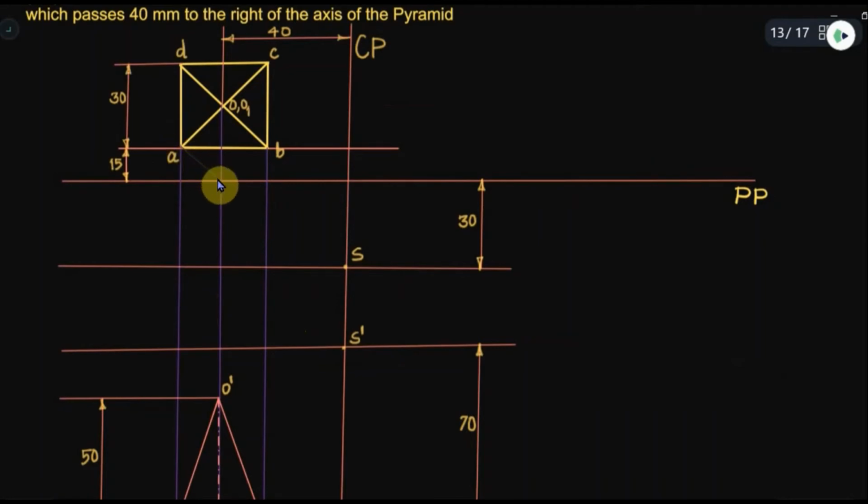See, A. So A is connected to the station point, the top view of the station point. Then B is connected to the station point, like this. And then we will connect D. So D is connected to the station point. And thereafter C is also connected to the station point. See, the lines are very, very close. You have to be very careful in locating